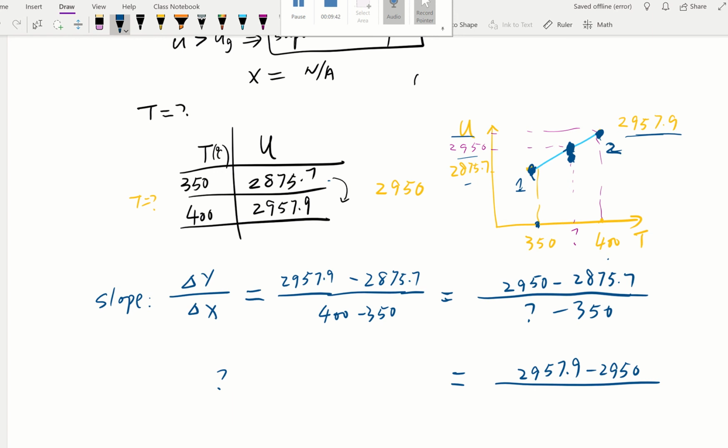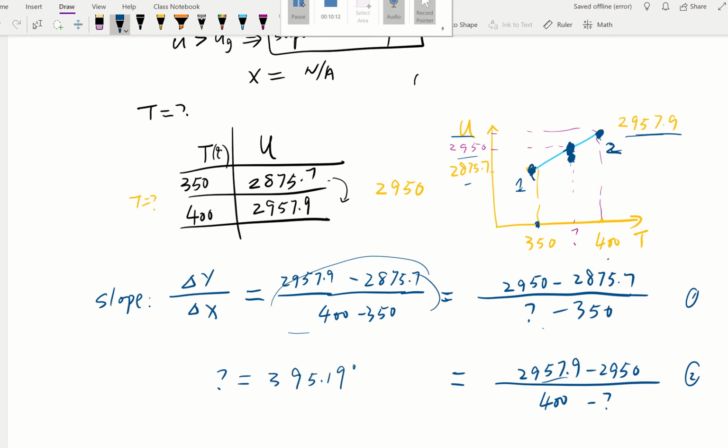And our delta x will be 400, corresponding to 2957.9, minus question mark. So either this or that will give you the same answer. So let's try and see what we get. There are many ways to solve this. You can go ahead and solve this and then cross multiply. And so my final answer for this is